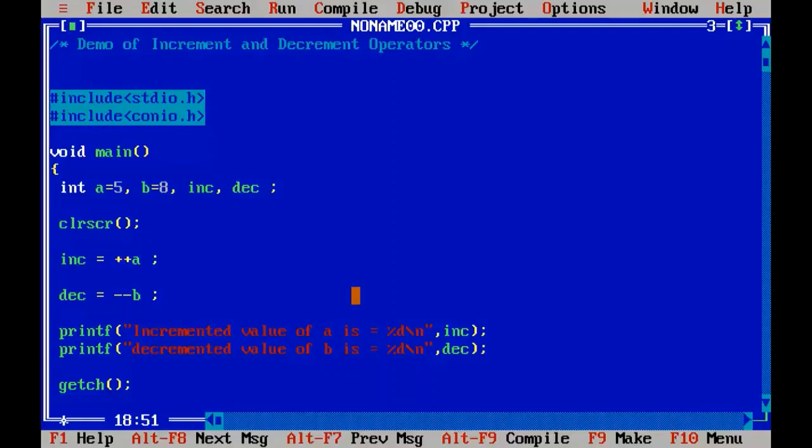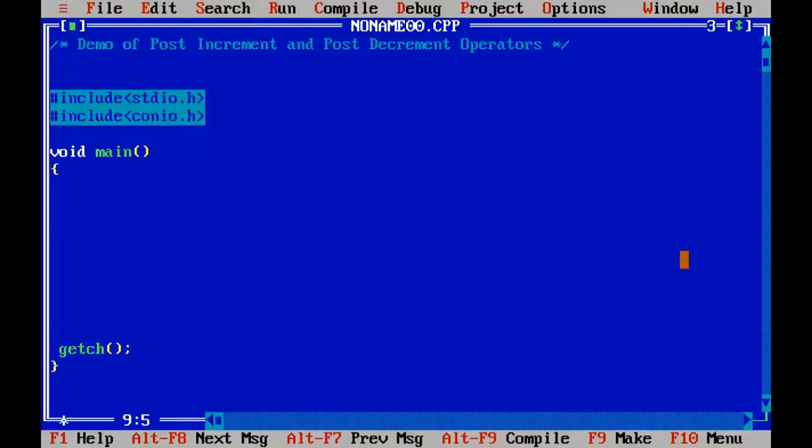But guys, remember, this is pre-increment and pre-decrement operators. When we use the increment operator before the variable, it's going to perform pre-increment. That means first the incrementation operation will happen. So then only the result is going to be stored in the specified variable. The incrementation happens before the assignment. So now friends, let me teach you the post increment and post decrement operations in C language.